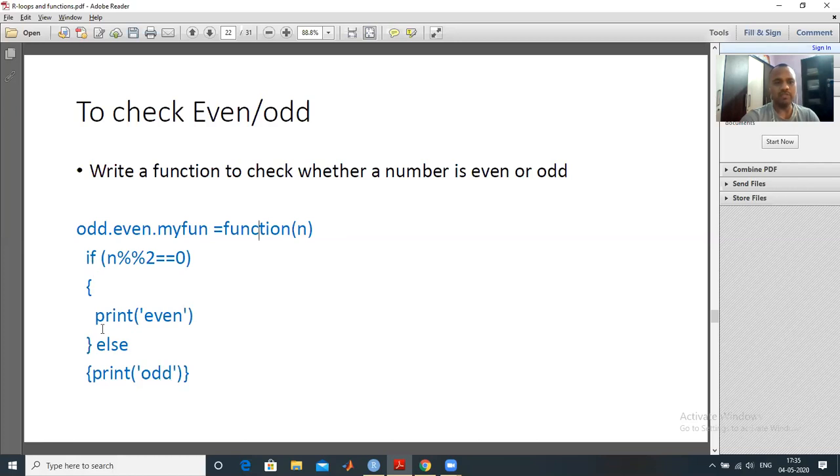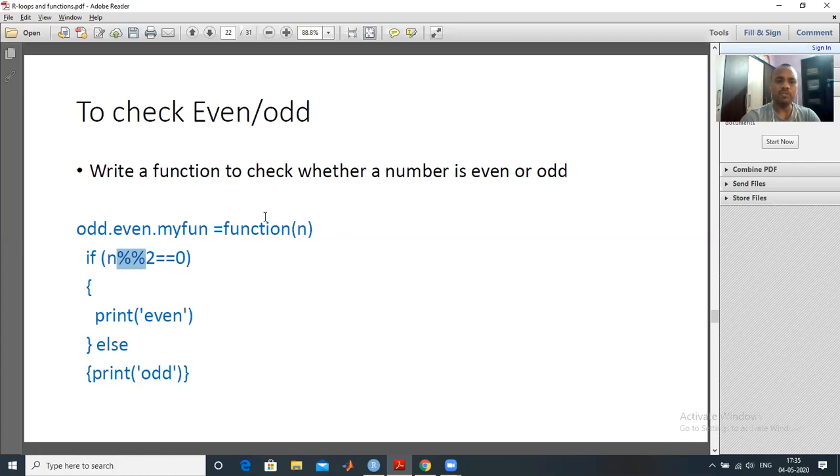So I use an if else structure here. You are checking the condition here. If that number is divisible by 2, meaning if you divide by 2 and the remainder is equal to 0. This operator is known as the mod operator, or otherwise you can write mod n comma 2.